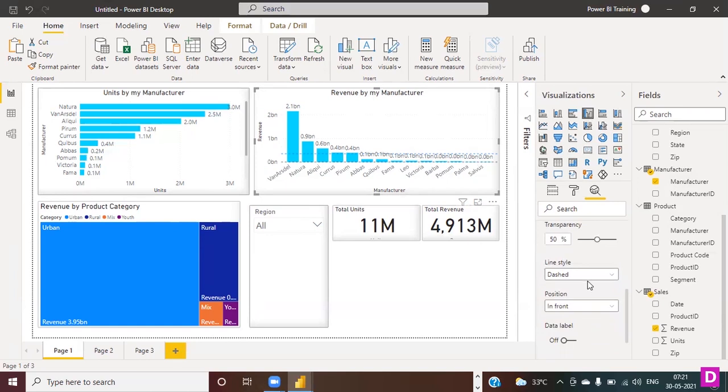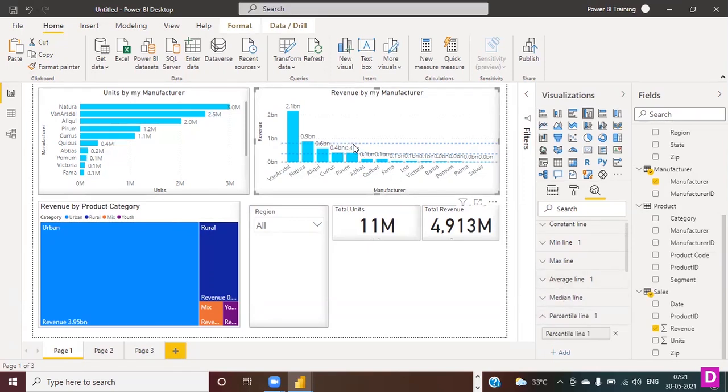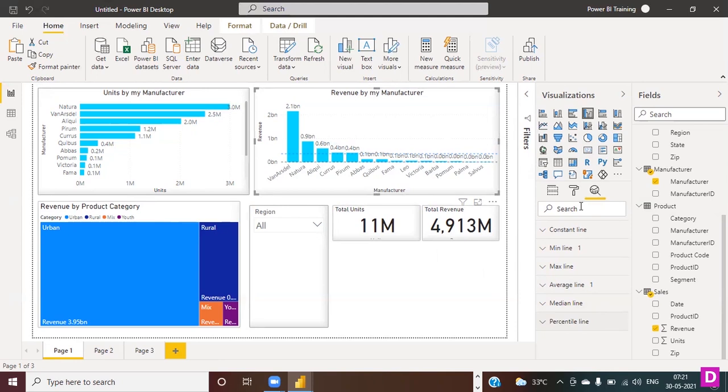Once again, you can control the styling of the line from here, and it makes it very simple for us. Similarly, we have the constant line, minimum line, maximum line, and the percentile line as well. In case I add a percentile line, it shows me a dotted line here, a percentile line, showing how the trend is going on, but I don't want it right now, so I'm removing it. This section is kind of statistics for your minimum, maximum, for your constant lines, for your percentile,